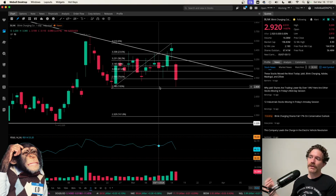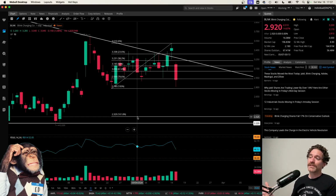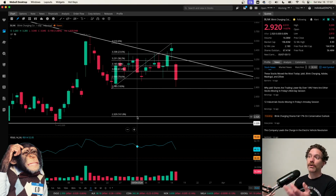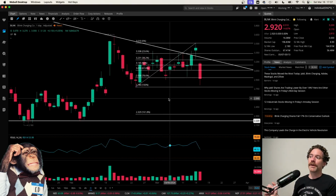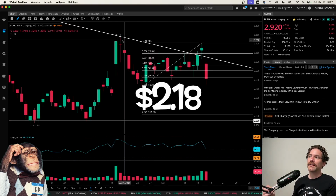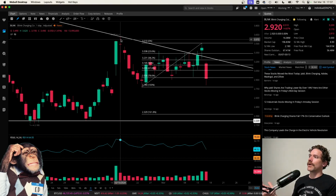But before it gets there, one level that we might want to pay attention to is the 1.618 extension from this retracement. That is at a price of $2 and right around 33 cents. But I think actually a better way to approach this is rather than taking the Fibonacci retracement just from this little run up, I could actually take it from the lows over here, 2.18, up to the high here, hit on February 15th. That was at a price of